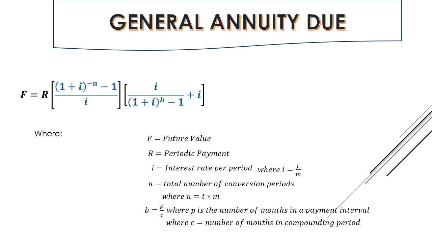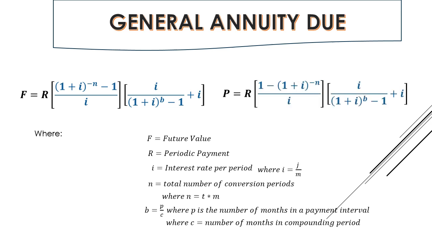So this is the formula for the future value, and for the present value, we have R times (1 minus 1 plus I to the power of negative N) over I, times I over (1 plus I to the power of B minus 1), plus I. So this is the formula for the future value and for the present value. Alright? So if you are asked to find the annuity due, this is just the formula. For example,